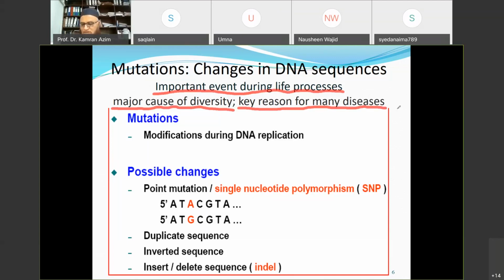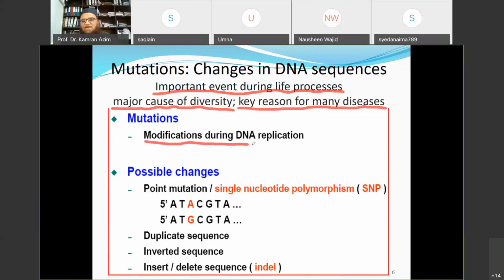So the pathological condition of many diseases is basically because of mutation in the DNA, that is, change in the DNA sequences. How do mutations occur, why does modification in the DNA happen in the DNA molecule? This is because of